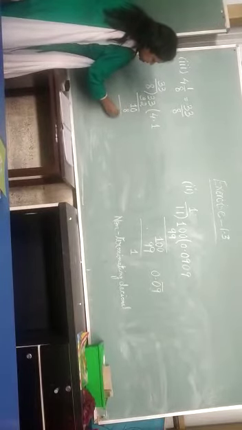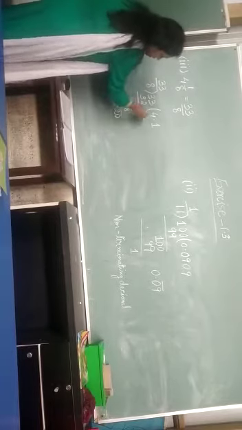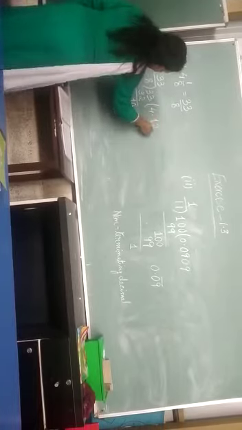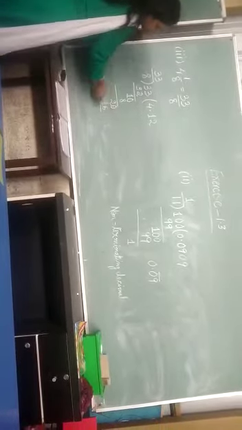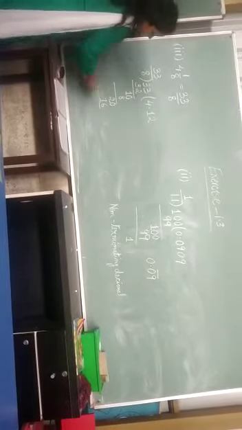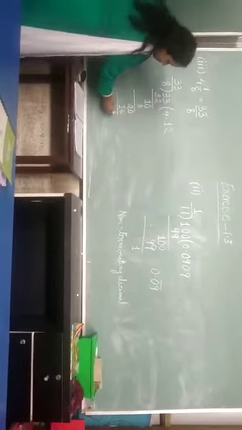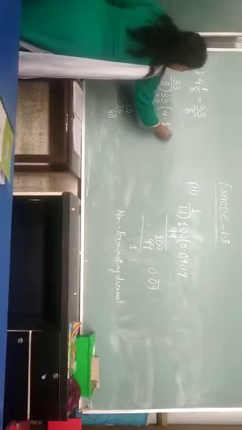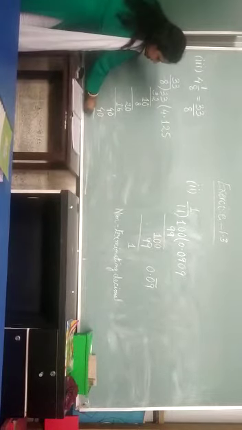10 minus 8 is 2, right? Now we again bring, we have already taken a point, so we can bring a 0 here. So now 8 2s are 16, right? So 20 minus 16 is how much? 20 minus 16 is 4, right? Then we take a 0 here from the point and 8 5s are 40. So we got the remainder as 0.